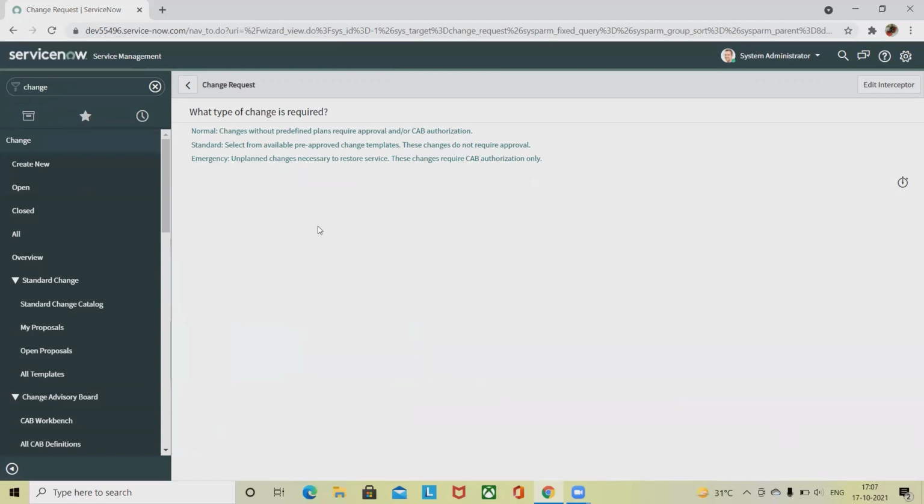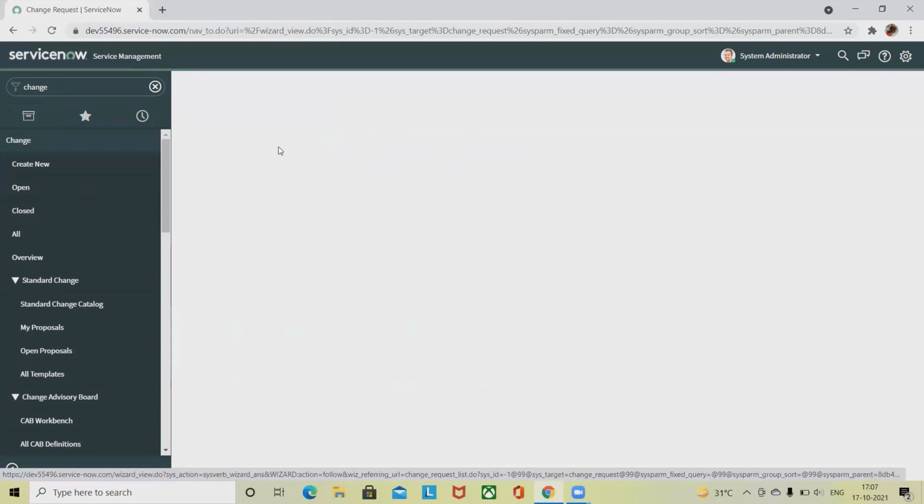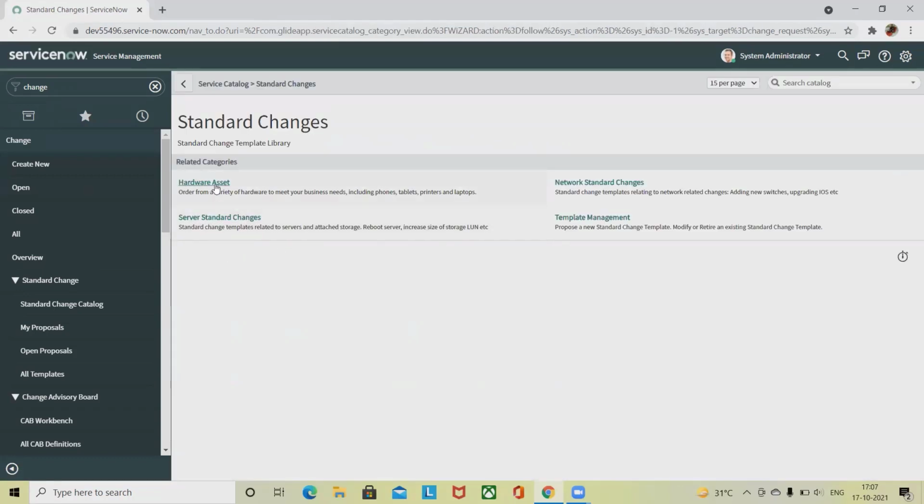Configuration item is the CI or service that the change task is applied to. Plan start date is the date we have to plan accordingly. Let's jump into the standard change, where we don't need the approval cycle. Here we have to create one on hardware assets. So if we are working on a hardware related assignment, we have to click on hardware assets. So let's create this one.